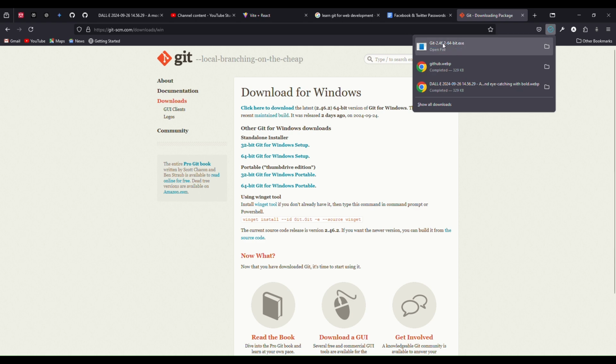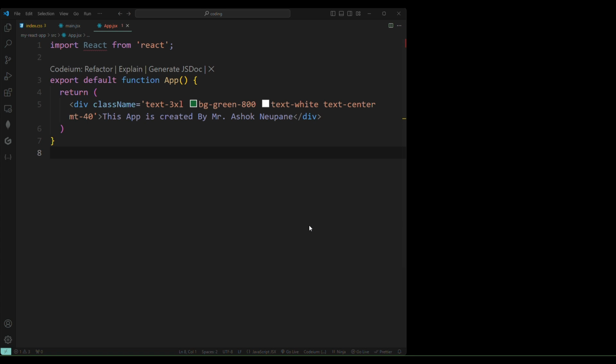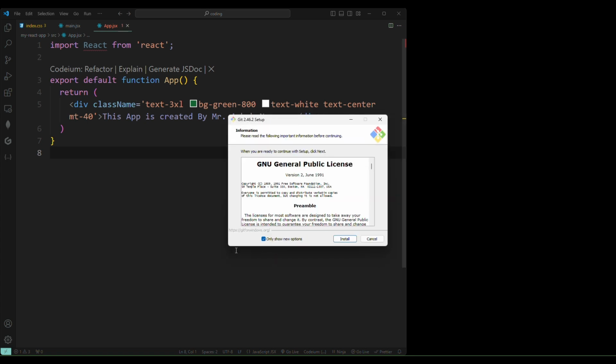You can see here it has been downloaded. If you use Linux, like Ubuntu or Fedora, you can search for the commands and copy and paste those commands into your terminal.